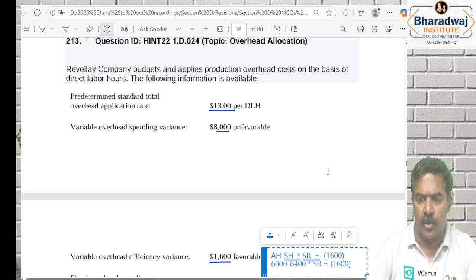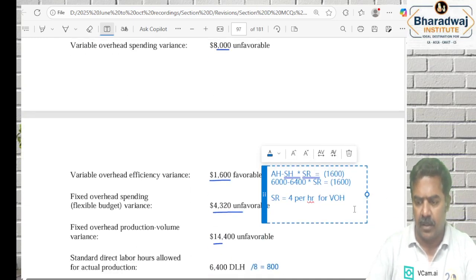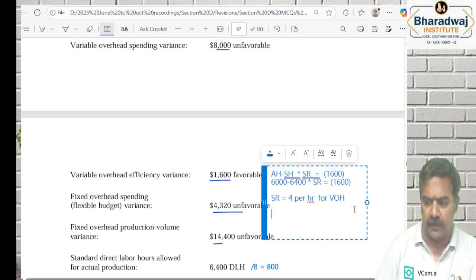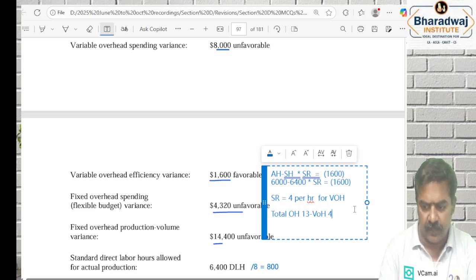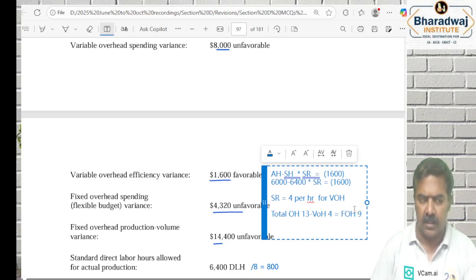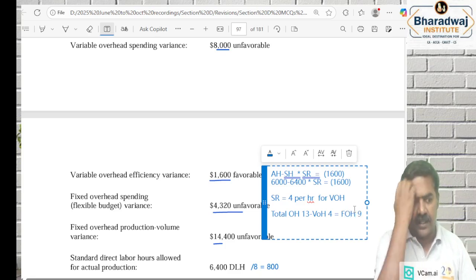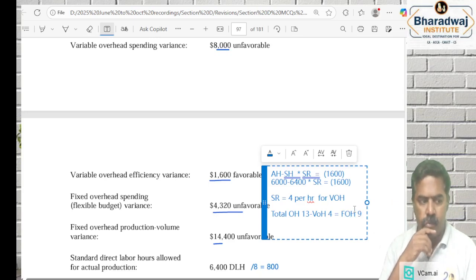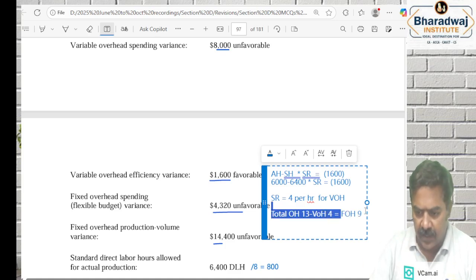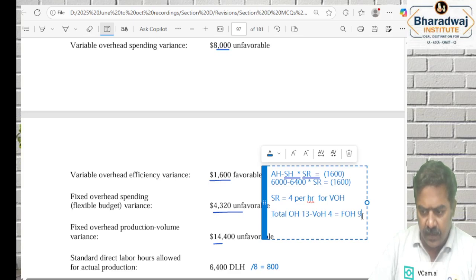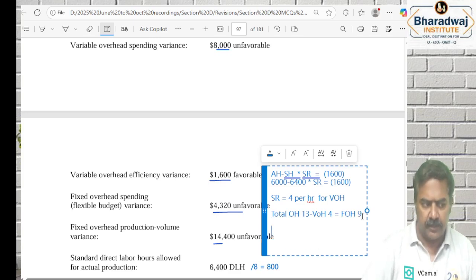It's given total overhead application rate is 13. Minus variable overheads will give us fixed overheads. What is the fixed overheads? 9. Fixed overheads application rate is 9. So we worked out fixed overheads 9. Then